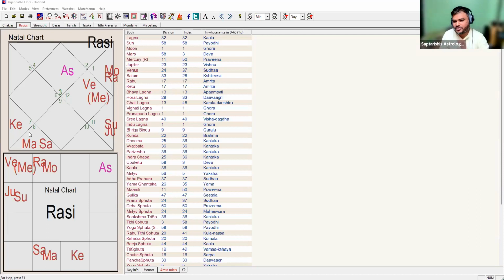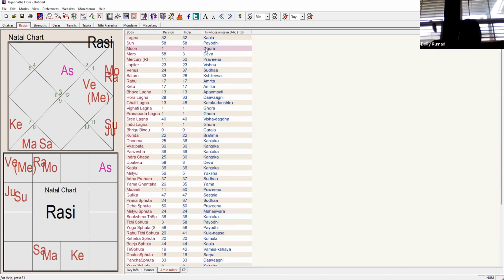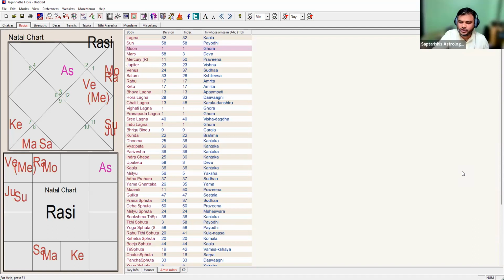But still in Shashtiamsha, if you see, Mars is falling in Deva Amsha. It means at Amsha level, in D60 level, Mars is not that Krura Amsha. But in actual D1, it is malefic in nature. That's why I told you two different cancers he already recovered. Now this is the third one which is going on. Sir, Mars in benefic Shashtiamsha could also indicate that he will recover his illness. Yes, that's what I told you.